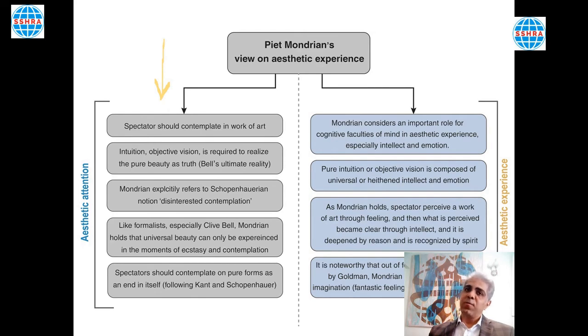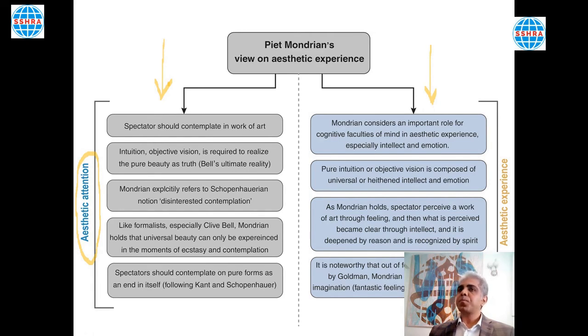So as you can see in the left pane, he says something very close to what Formalism is saying, a unilateral approach, using perception for the aesthetic experience. However, after analyzing his writings and his quotes, it is very clear that what is said in favor of the formalists is about aesthetic attention or aesthetic attitude rather than an experience. But in some other cases, when we analyze Piet's writing, he also says, in the right column,